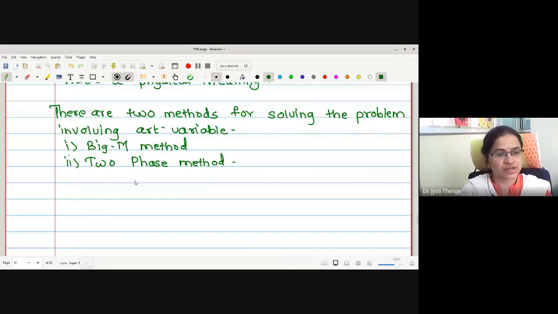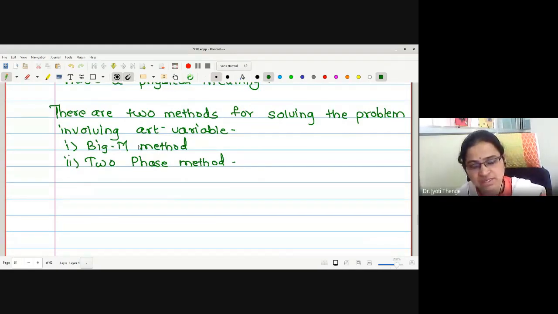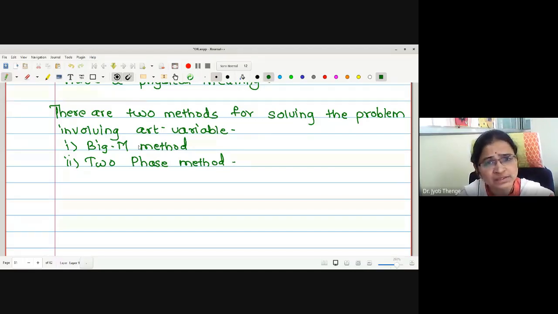The names itself tell you the name. Big M means this M is having a big value. Numerical value is very big. Actually, the methods are developed by assigning some value to the artificial variable. In the first method, the value of artificial variable was taken to be a big value, and we are going to put the cost of that artificial variable in the objective function as minus M. Therefore, if M takes a big value, a maximum value, what about minus M? Minus M is going to take the minimum value.